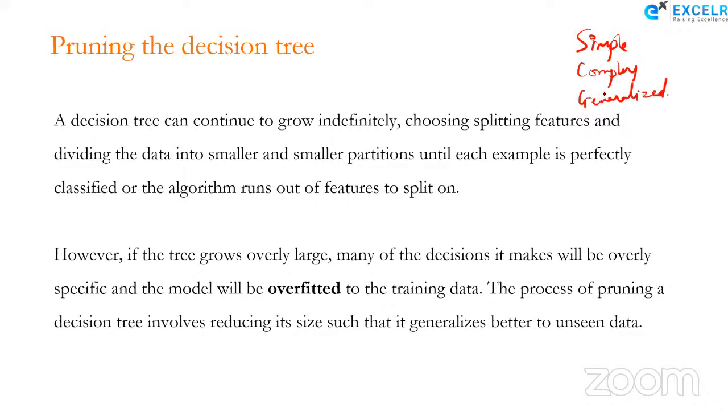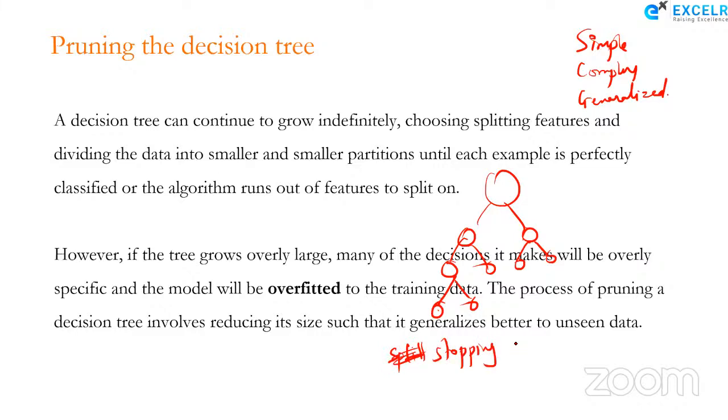Now, when you build the tree, you can build the tree like this. Now, you keep on building the tree until you have reached a certain stopping criterion, like your number of levels. How many levels should the tree grow up to? How deep should the tree grow? So you have something called max depth as your hyperparameter, using which you can control the depth of your tree. Or else what will happen? If you have 100 features, the tree will keep on continuously growing